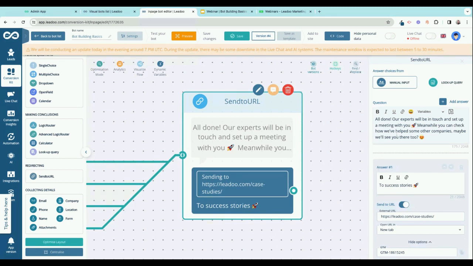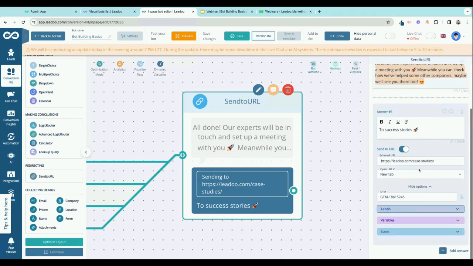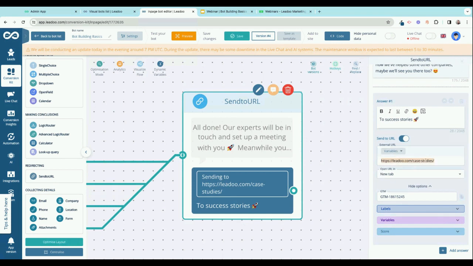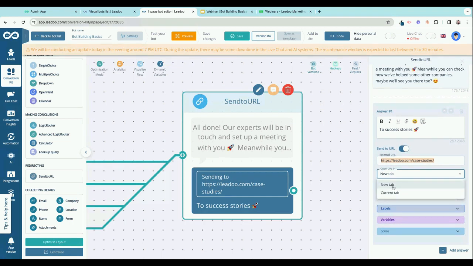So what we would do in this case is we'd say, like, all done, our experts will be in touch. In the meantime, why don't you check out how we've helped other businesses? And in that case, we just go down. You'll see that we've added in the same options. So we can say, go to success stories. We can say send to URL. So it's just a toggle to make this button basically a hyperlink. And then from there, we say, where do you want them to go? Do you want them to be in a new tab, or do you want to open it in the current